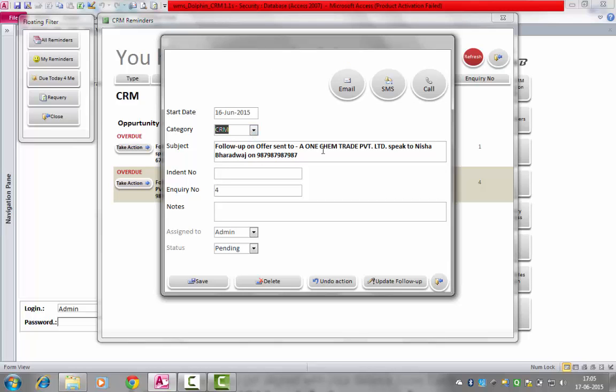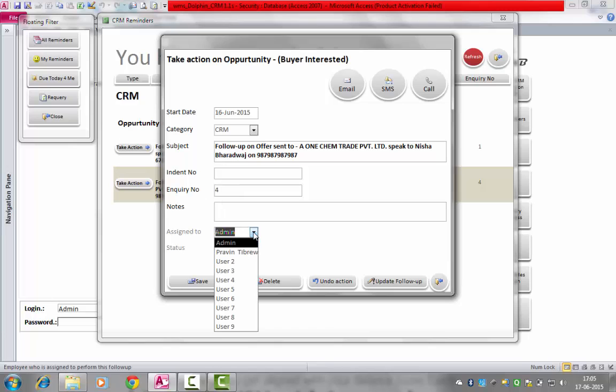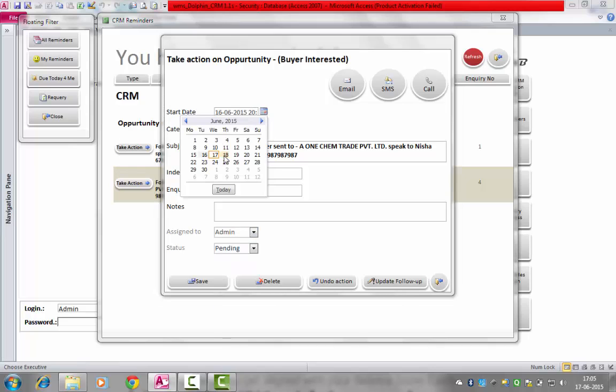And this is what needs to be followed up. Inquiry number, which needs to be followed up, and currently is assigned to admin. You can assign this reminder to somebody else if you are not going to follow up. Supposing if it has to be followed up tomorrow, let's say for example, I'm going to follow up this reminder today,